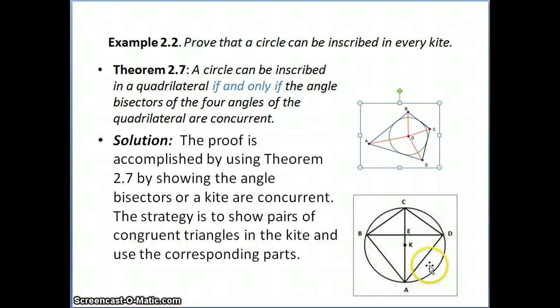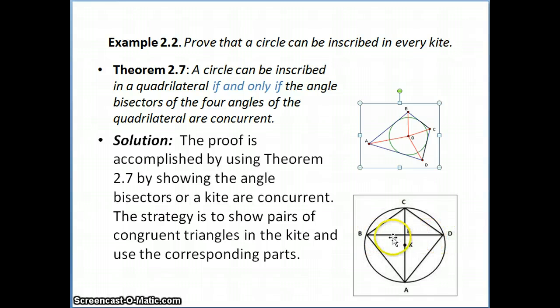AB and AD are congruent, they meet at A. BC and CD are congruent, they meet at C. So AC is not only perpendicular to BD but also bisects BD. And we also proved that the diagonal AC is an angle bisector of angle A and angle C, but BD may not be an angle bisector,